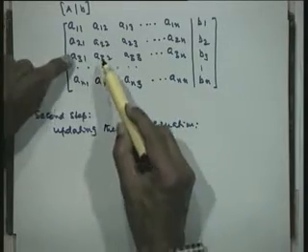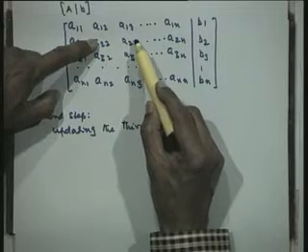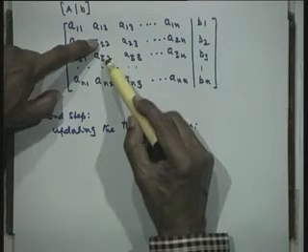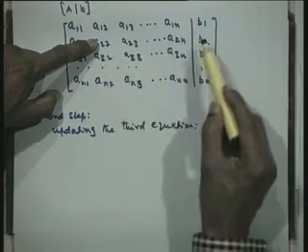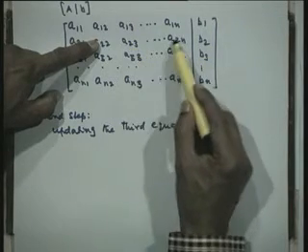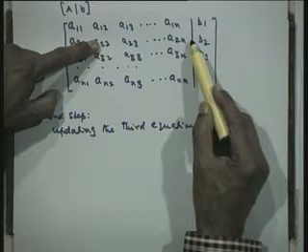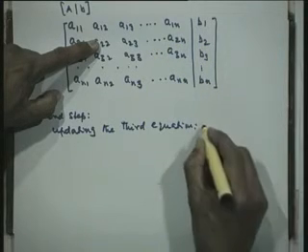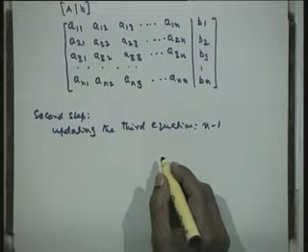Now, let us look at this one. I am using this pivot here. I am multiplying this by a32 and subtracting, multiplying this quantity by a32 and subtracting, multiplying the quantity here by a32 and subtracting. So, I have n minus 2 plus 1, that is equal to n minus 1 elements updated. So, I am now updating n minus 1 elements, 1 less than in the previous case.